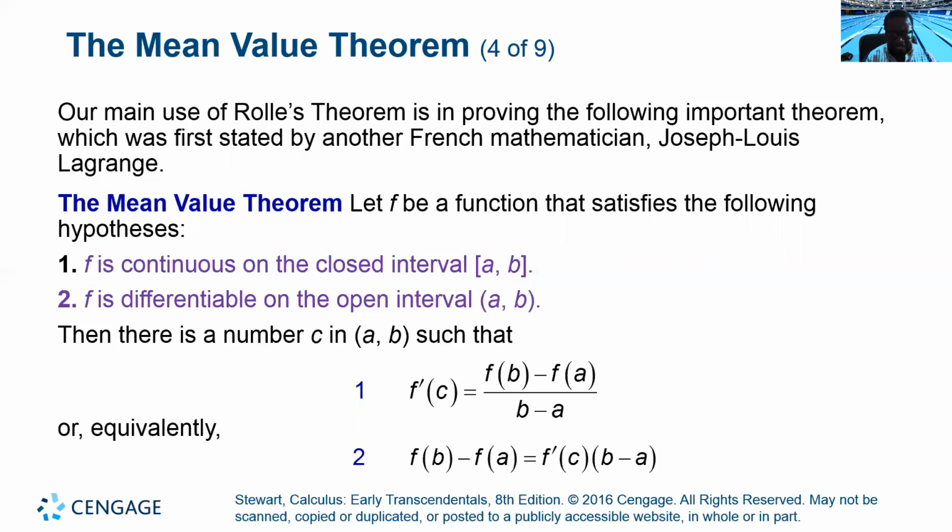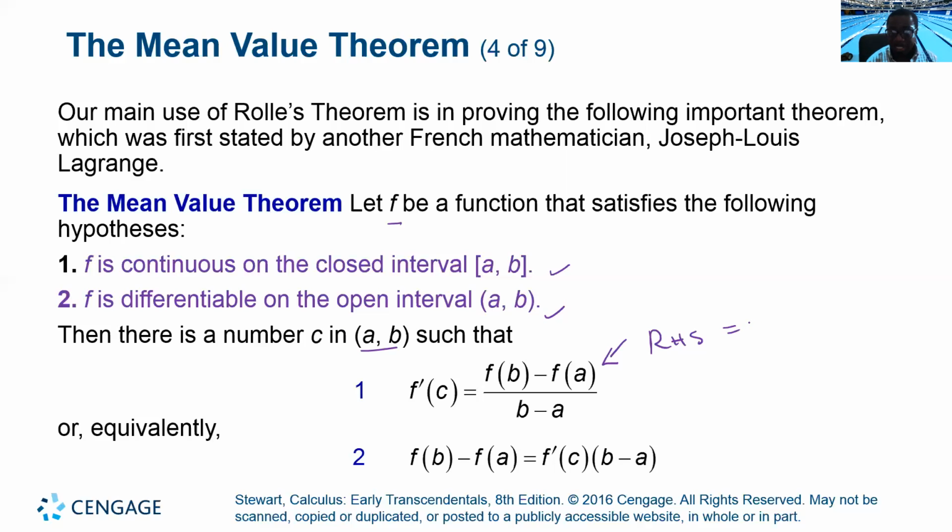Now it says that if f is a function and satisfies these two conditions, the first one is that it is continuous on the closed interval, and it is differentiable on the open interval. Then it is true that there is a C in that open interval such that f prime of C is equal to f of B minus f of A divided by B minus A. Now, notice that the right hand side here is the average